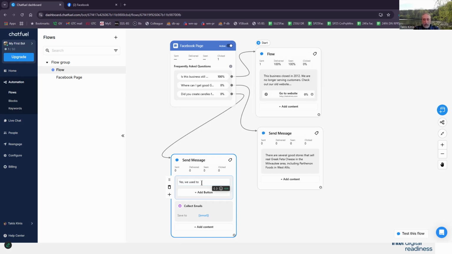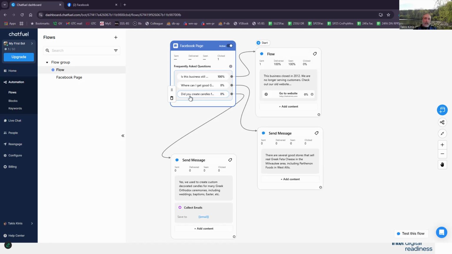we used to create custom decorated candles for many Greek Orthodox ceremonies, including weddings, baptisms, Easter, etc. Stuff like that. In other words, this question will be pre-populated in Messenger, and all people